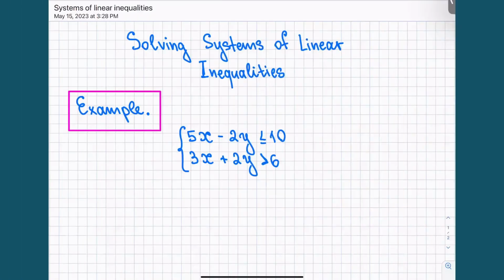Our topic for today is solving systems of linear inequalities. So I would like you to pay your attention to the following words. It's systems, it's linear, and inequalities. First, when we have systems, it means that we have two or more inequalities involved in it that we have to solve simultaneously. Second, linear means that the variables, both independent and dependent, are involved in these inequalities in